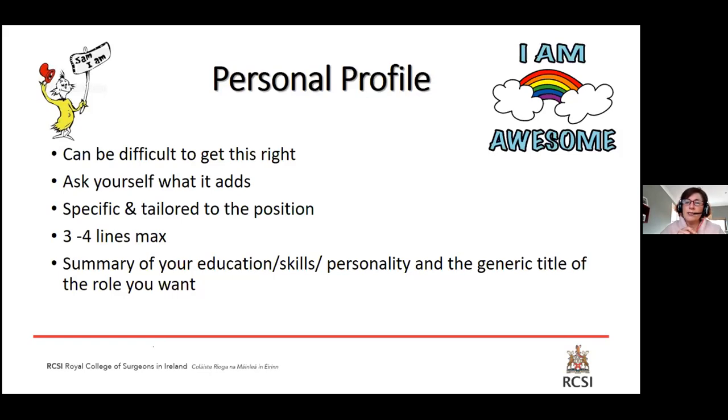It is a summary of you, so your education, your skills, your personality, and a general idea of what your career goal is, or what it is that you're really hoping to achieve. This is an opportunity for you to promote yourself. Now, I would call it tasteful self-promotion because it doesn't need to be aggressive. It doesn't need to be overly confident, but yet you have to promote yourself